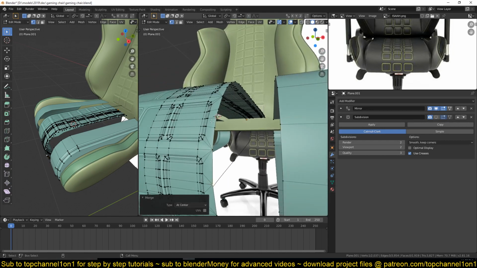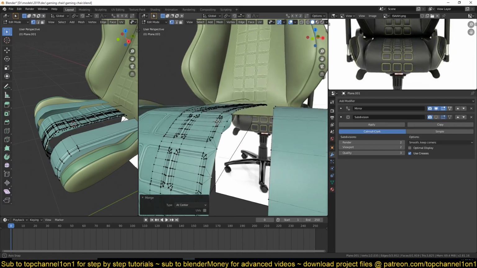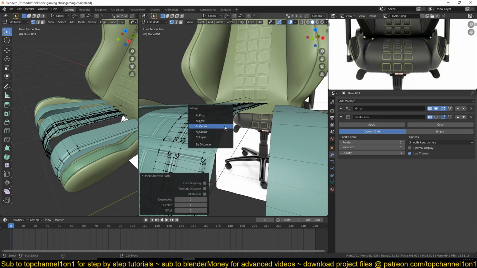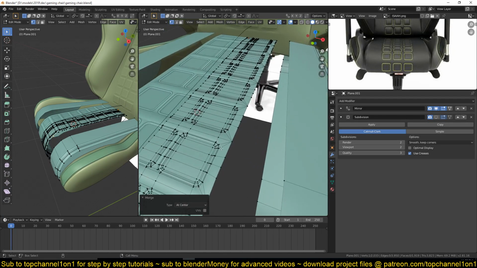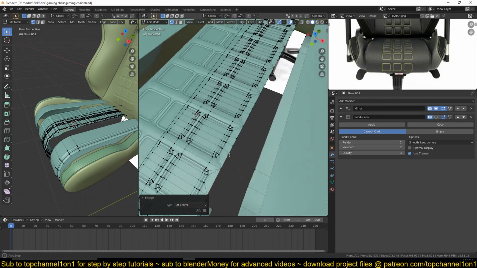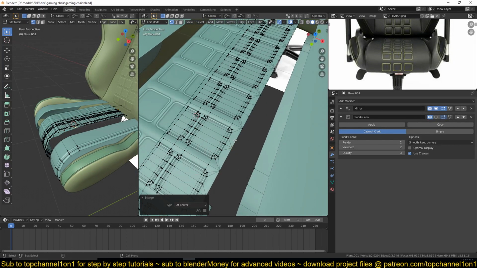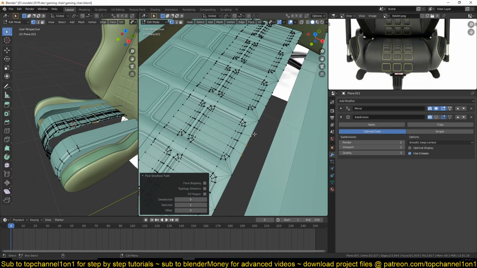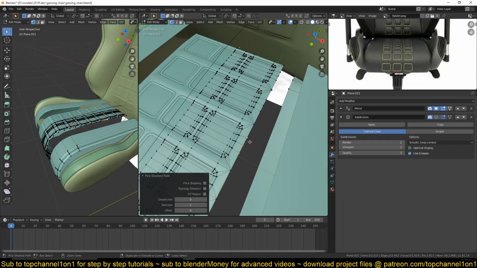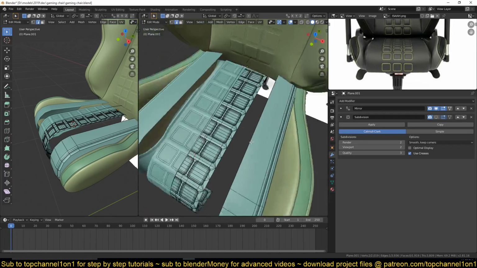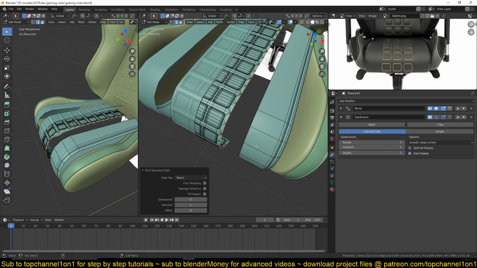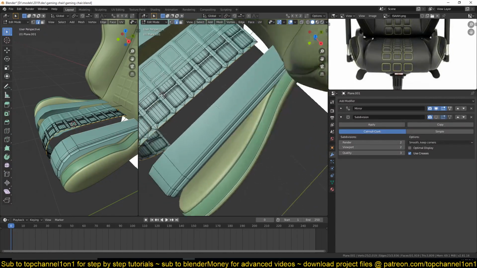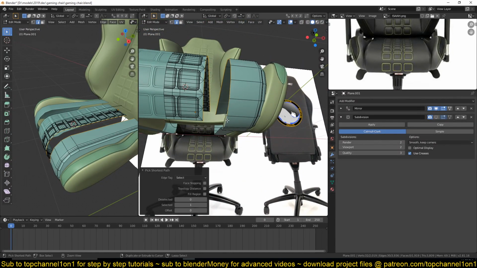Every 3 vertices like that, I'll have to merge them so that this is a bit easier, and that also reduces the polygon count. And I think if we add the subdivision surface modifier, it should smooth out anything that might cause any issues. So now that we have that, I think I can select from there to here